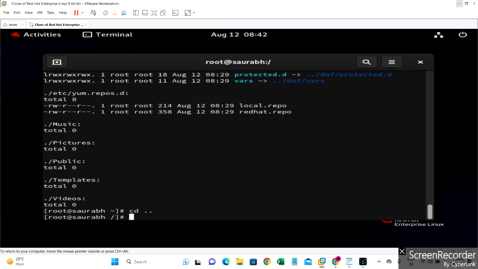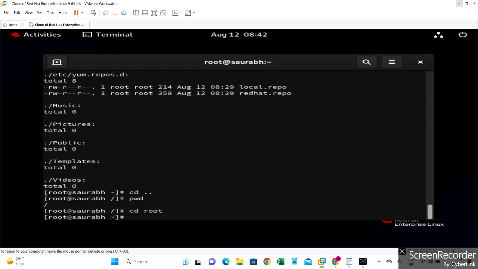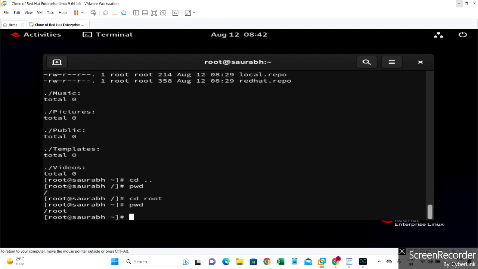Okay, so here, if you use the pwd command, now you just come to the root. And by using cd, if you want to change the directory to root, you can just specify it, and now you can see the output of pwd. We just changed our directory to the root directory. Okay,